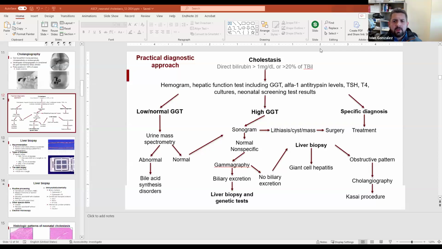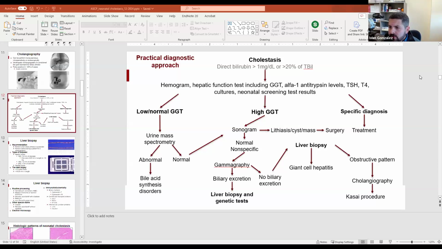Yeah. So this algorithm, just keep in mind that I'm doing a lot of generalizations here. Most centers probably use something along those lines, but it will be very dependent on your specific center. My best advice would be to have a close relationship with your hepatologist and figure out how they work up these cases. Usually when they do these biopsies in our center, we stop by and discuss the case in person, look at the slides together, and then try to put everything together.